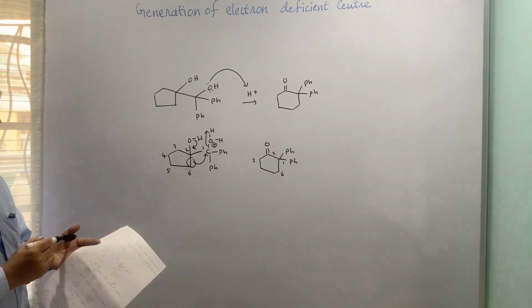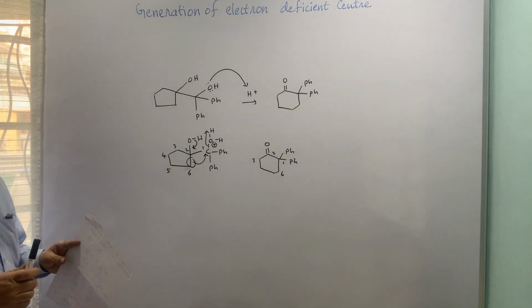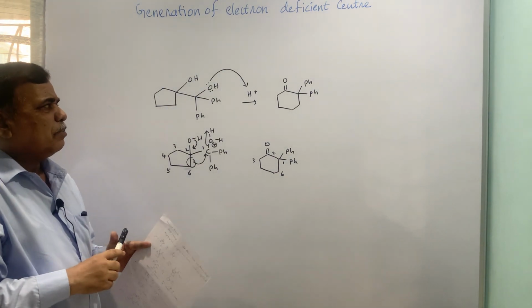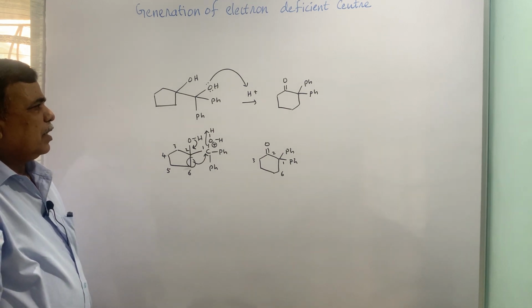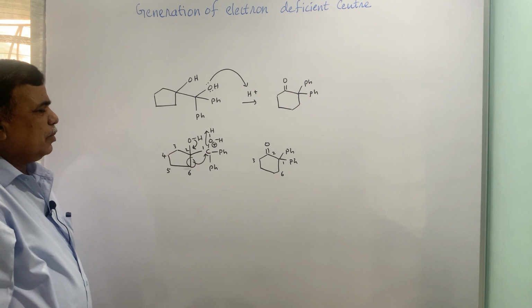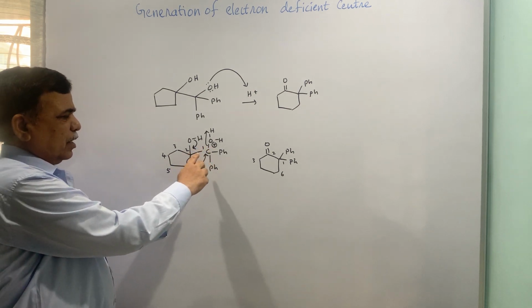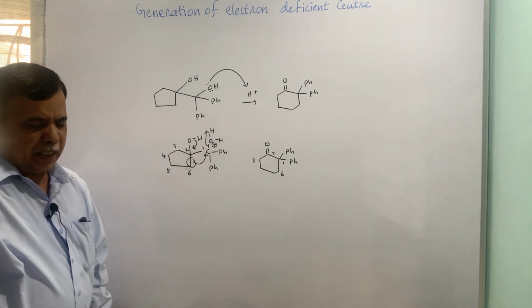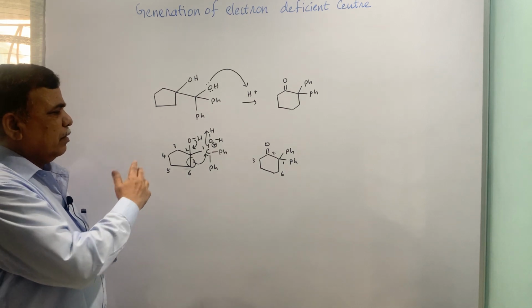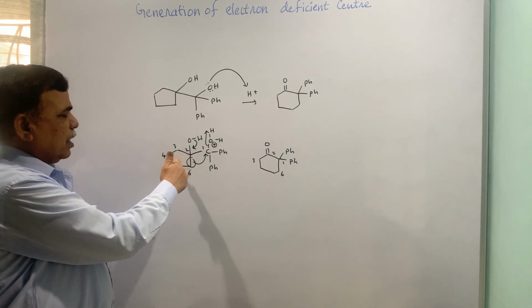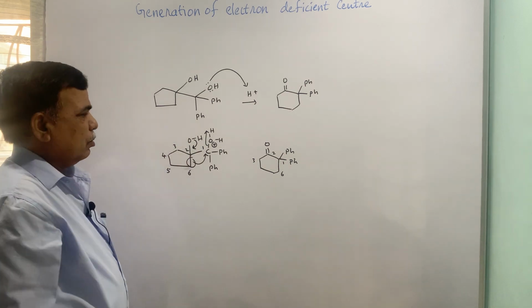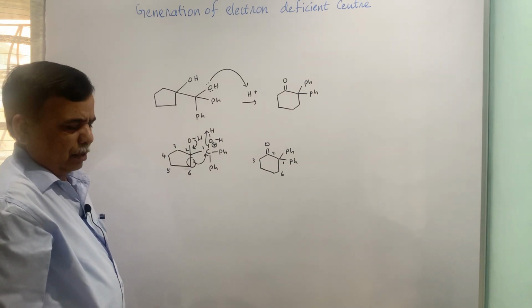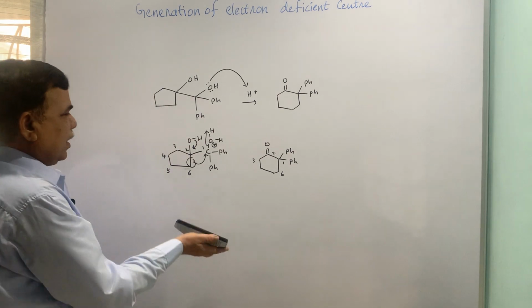So we are breaking the 2,6 bond, we are making the 1,6 bond, and that is possible through this pinacol type rearrangement, or you can say carbocation rearrangement. Carbocation is generated first, and that triggers the migration of various functionalities, the migration of this carbon-carbon sigma bond, and the loss of proton to secure the carbon's octet or the tetravalency. Okay.